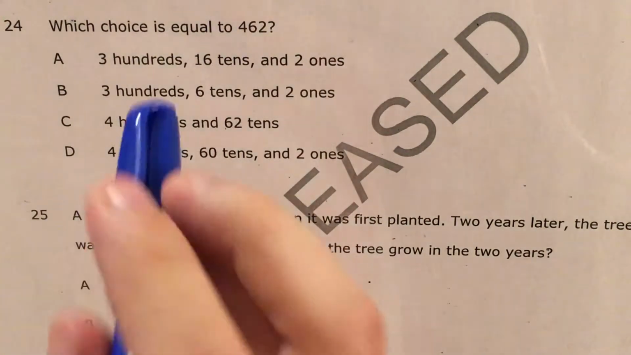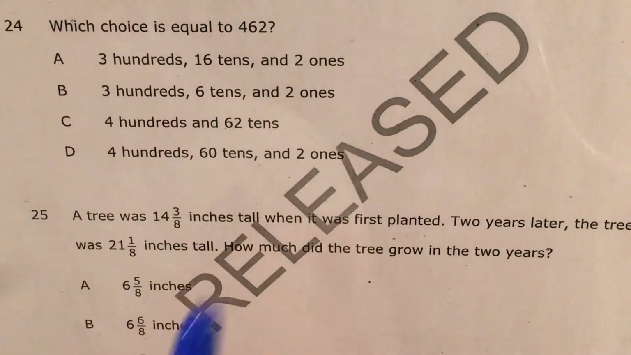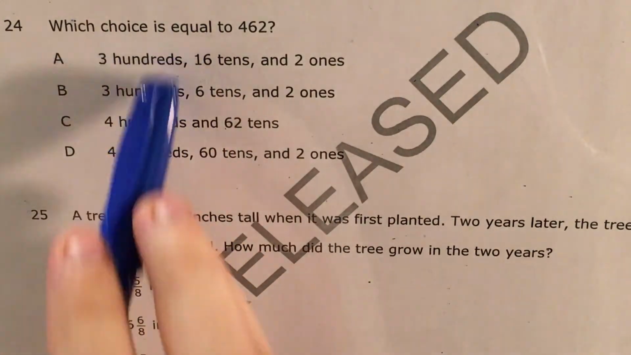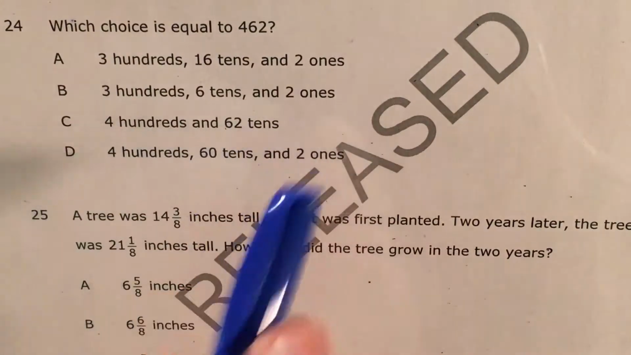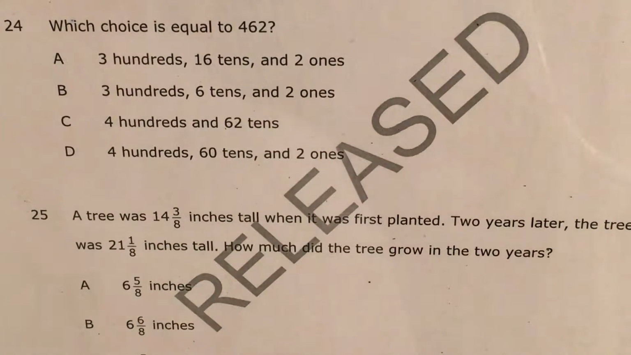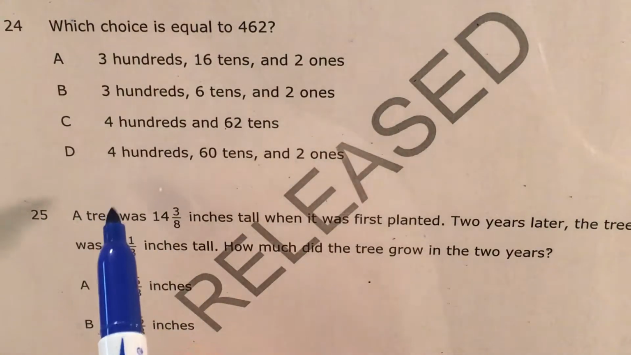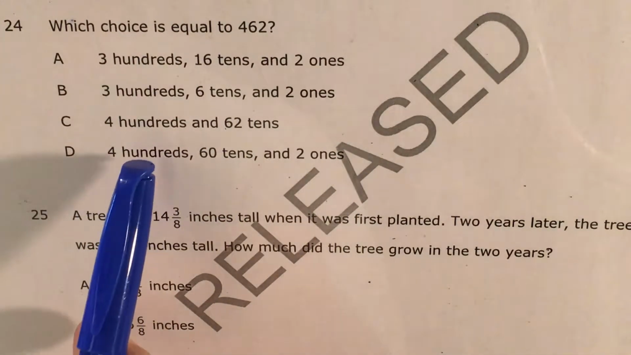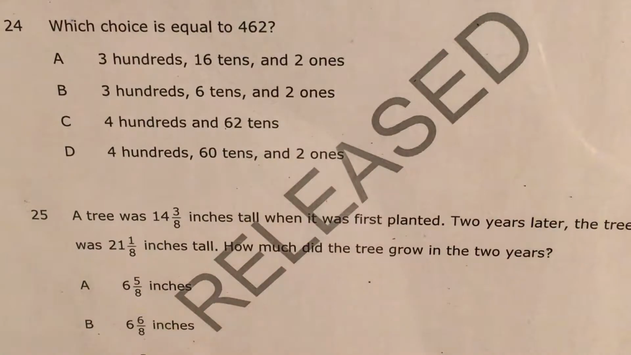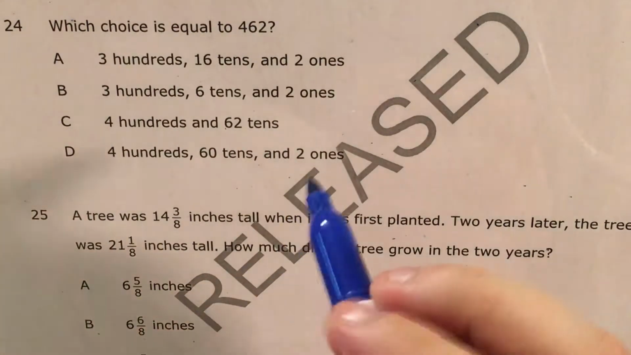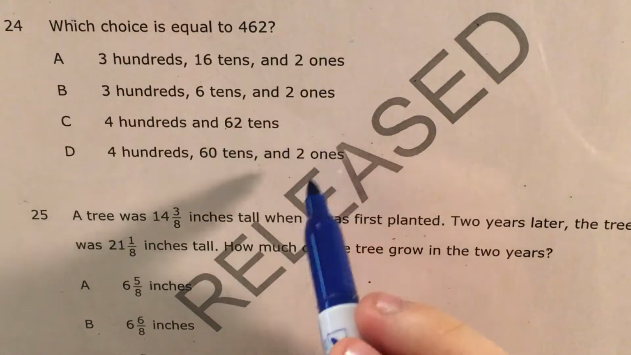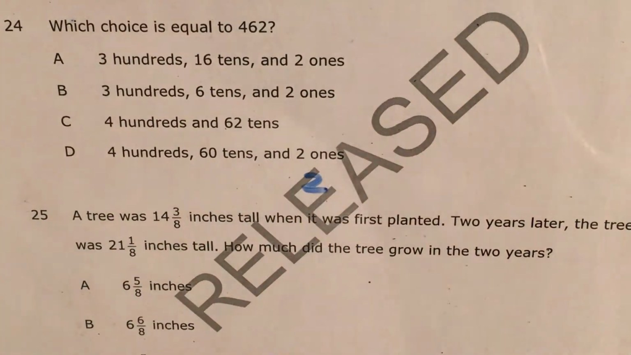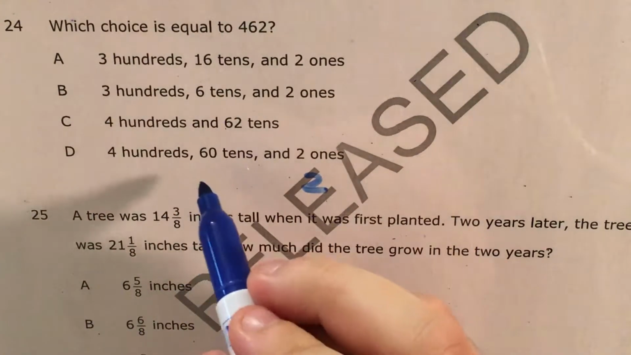So if we're looking at our answer choices, we see that they're all written in terms of hundreds, tens, and ones, except for choice C, which doesn't have any ones. I want to start by very briefly going over what base 10 says we need to do for each of these types of numbers, hundreds, tens, and ones. Because if I have 2 ones, that's just 2. If I have 60 tens,